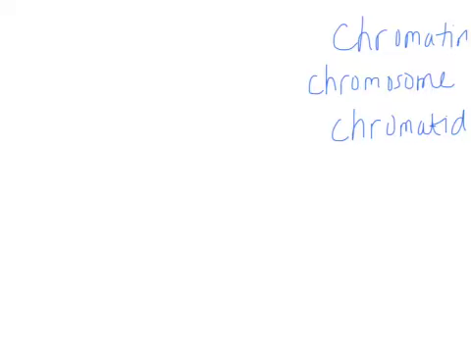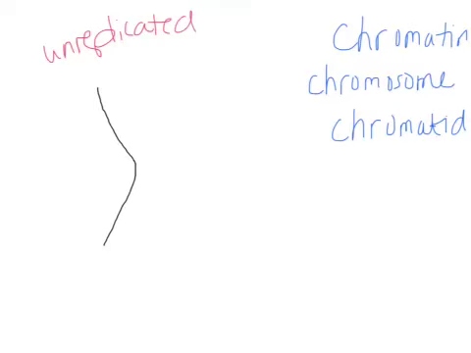Replicated, it's a chromosome. Unreplicated, it's a chromosome. So let's see what we're talking about here. If I have one strand of DNA here, this is my unreplicated DNA. So I'd have 46 of these, right? I'd have 23 pairs of unreplicated